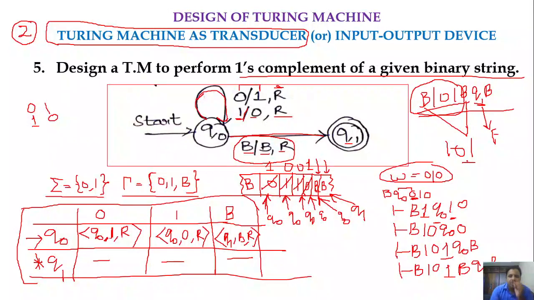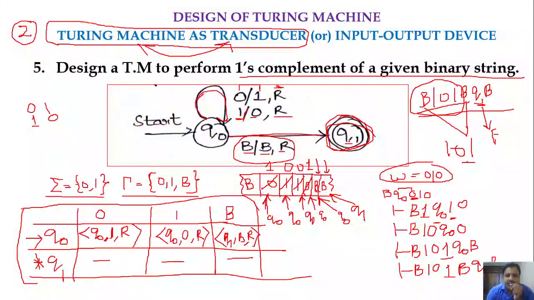So this is how we could implement the Turing machine for the given problem. Here the Turing machine is performing some sort of computation: it accepts the input, performs certain computations and gives the output back. That's why we say the Turing machine is working as a transducer. Remember that when considering the Turing machine as a transducer, we don't have a final state. I mentioned a final state earlier, but generally transducers don't contain any final state.